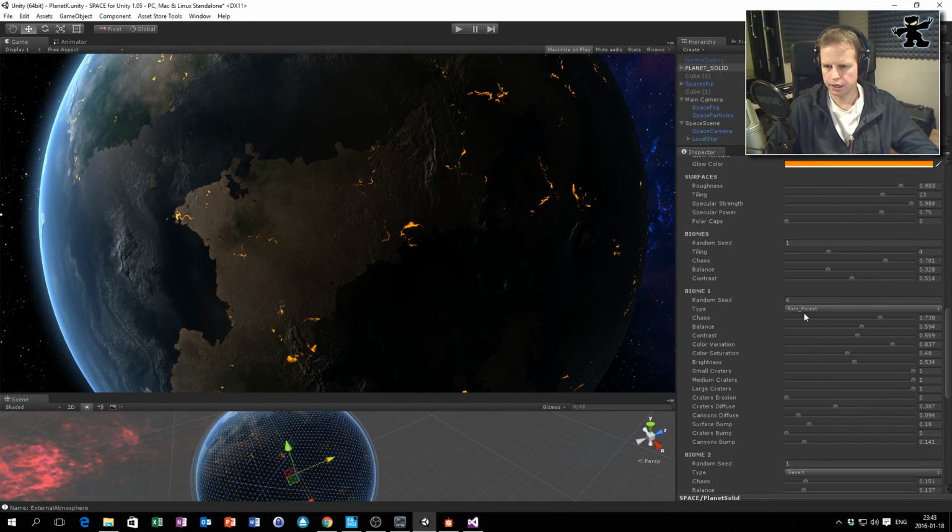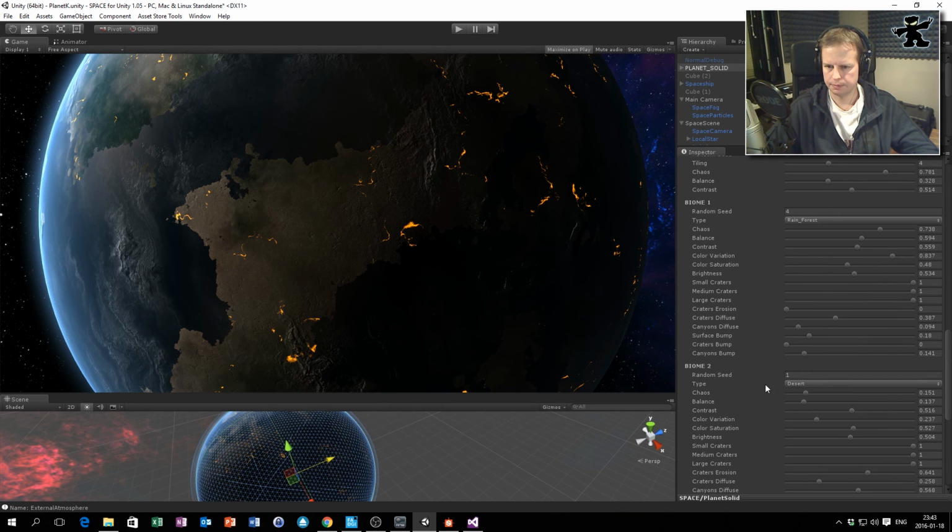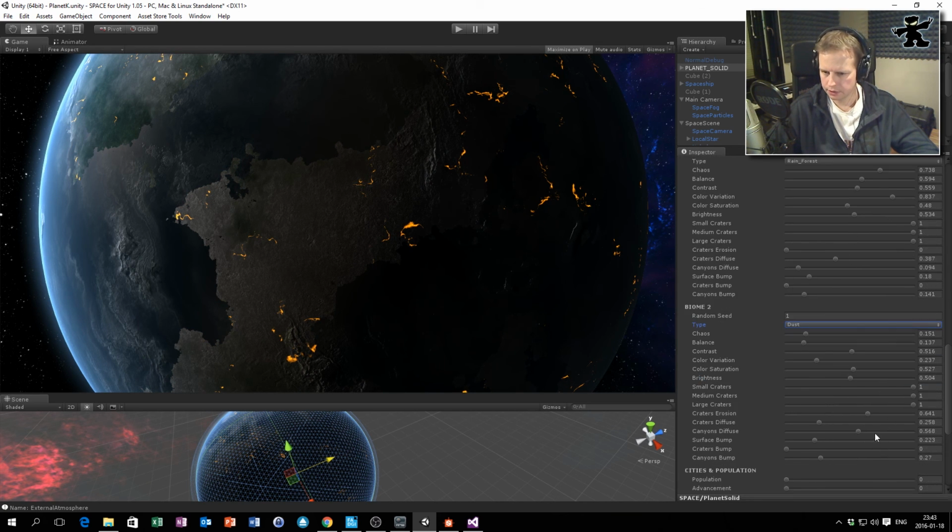If we were to change this desert one, we can change this one to, for example, dust. And dust will, by default, let's have a look, remove the craters because I need to introduce them again. So if I pull up the slider now for craters, you'll be able to see that the bump map is